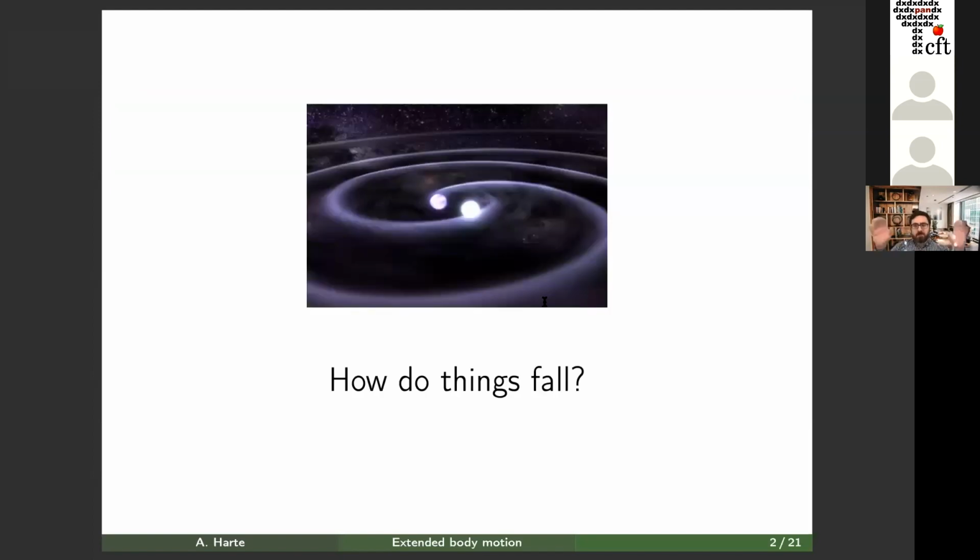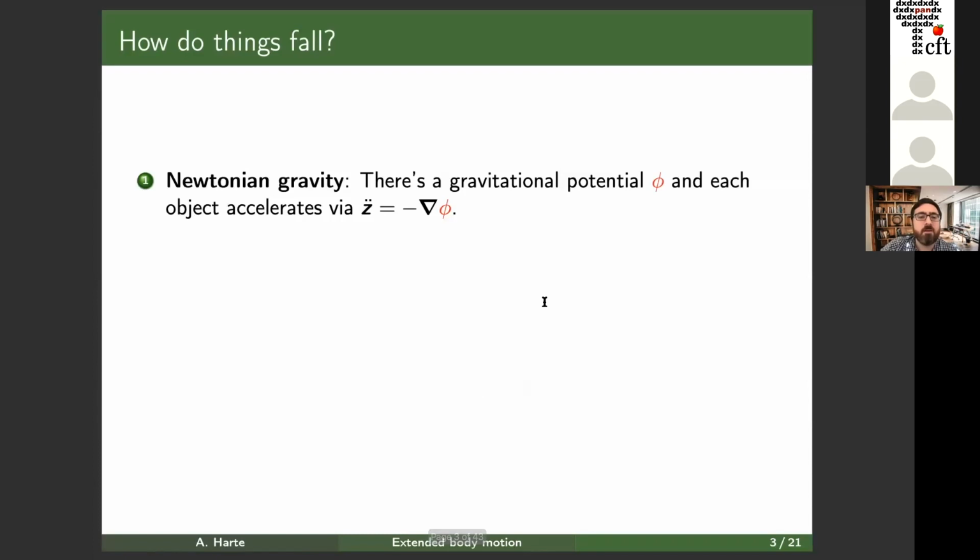So just to set the context for all of this, the basic question that I'm going to be addressing here is an ancient one, or perhaps one of the most ancient ones in all of physics, which is how do things fall in gravitational fields? And despite that people have been talking about this in one form or another for thousands of years, at least in a scientific sense or somewhat scientific sense, there are still some interesting things left in that direction. Okay, so how do things fall?